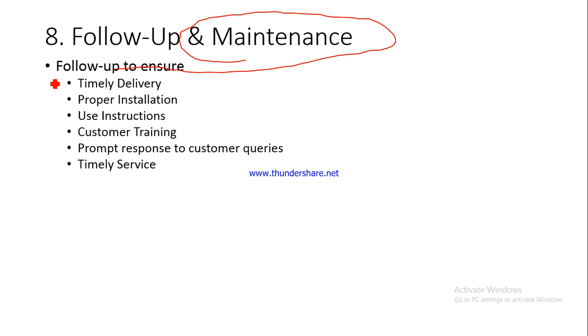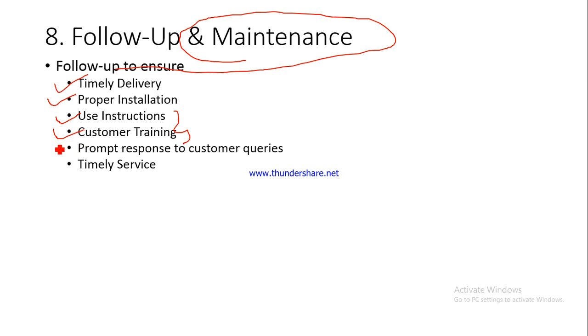Once the order has been placed by the buyer, you ensure that the ordered product is delivered on time and is properly installed. In many cases, for example technology products like generators, like refrigerators, you need to install the product also, and then the use instructions are properly given to the buyer on how to use the product. He has been properly given the training on using the product. If the training is missing and, because of the lack of training, the buyer is not able to handle the product well and there is some problem with the product, he is never going to blame himself, he would be blaming you only. So you ensure that he is also provided training on how to use the product.